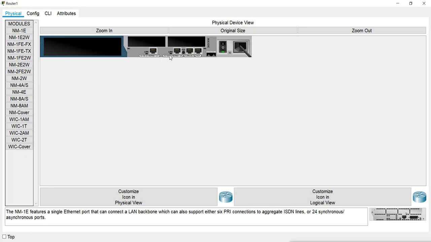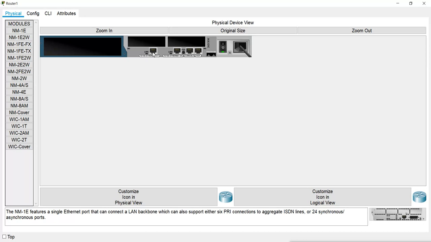Now 0/0 means the first 0 is for the router, and the second 0 is the port number, port 0. Then the next port of this Ethernet is 0/1. So the first 0 is for the router, and the second number is the port number.